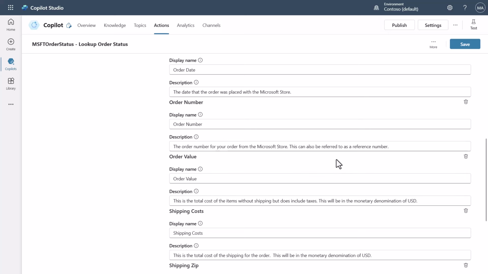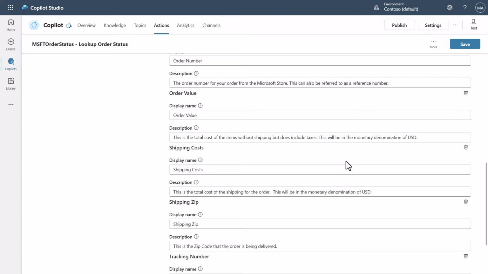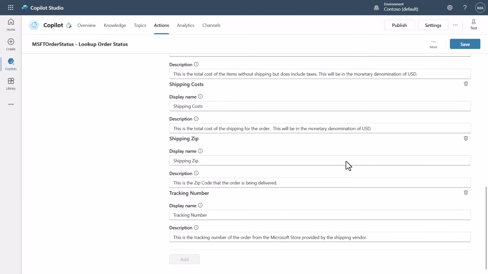Now, let's just say that you didn't want the shipping zip to show up. You can hit delete here on anything in an action and it'll just delete it out. That way we don't have to worry about if that API has information that we don't want to expose to the user of the API. This is where you can do that. So it's totally fine that the API gives back some information that you may not want to use in that particular action. So what I'm going to do now is go ahead and hit save,